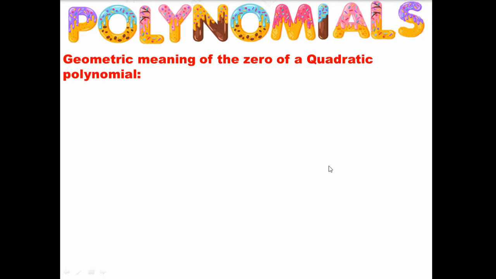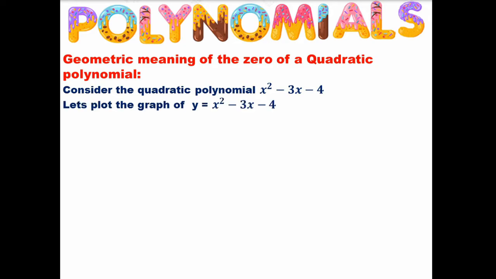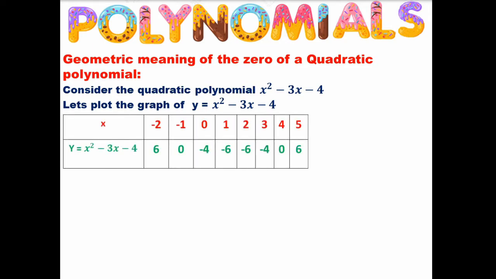Now we'll see the geometric meaning of a quadratic polynomial, which is more interesting than that of the linear polynomial. Now let's consider a quadratic polynomial x square minus 3x minus 4. In order to see the geometric meaning of its zeros, I'm going to plot the graph of x square minus 3x minus 4. In order to draw a straight line, 2 points is enough. But this is not a straight line, it's going to be a curve or something. So 2 points are not enough. Let me try to find more values so that I see where the curve turns upward or downward, the directions it goes.